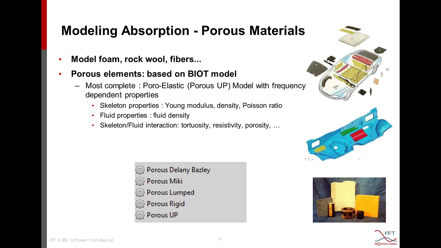So porous materials are widely used in many types of products. For example, in the automotive industry, we have foams, rock wool, and fiber materials that are used pretty much everywhere in the automotive body to ensure good NVH behavior, noise and vibration behavior of the car. So in Actran, to model the porous material, we are based on